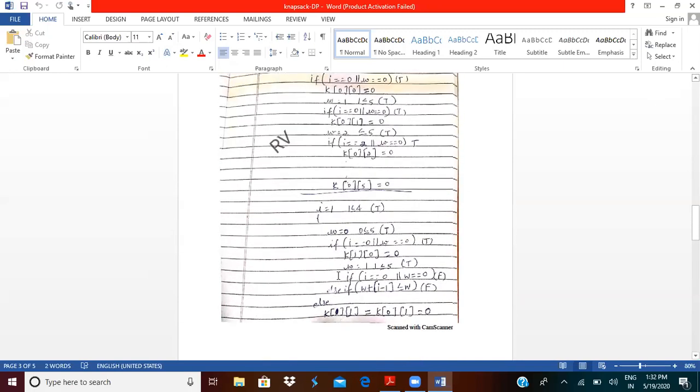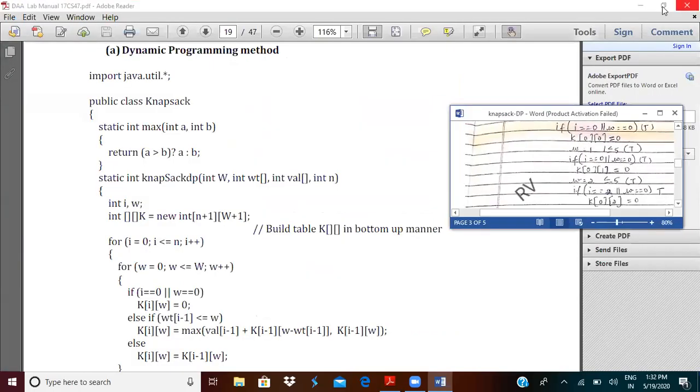So K of 1 of 0 is 1. Then I'm going to check else if weight of I minus 1. Weight of I minus 1 means, here the I value is 1, 1 minus 1 is 0. So weight of 0, what is weight of 0?